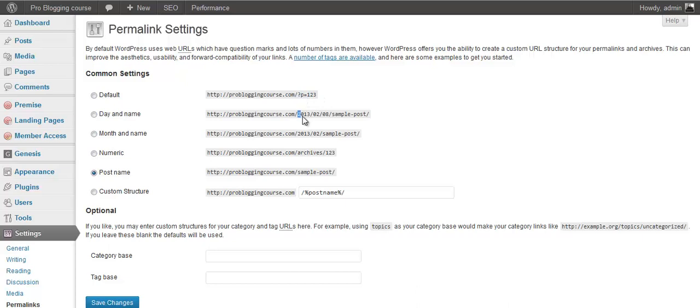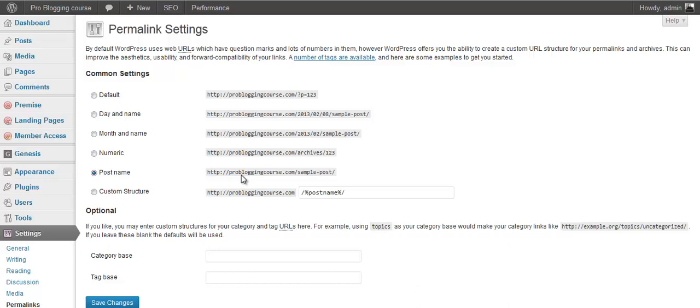Okay, I don't like to have dates. My sample post, well, that would be your post, but including dates, it's just not really good for SEO purposes. The post name, just the sample post, is good enough for me, and I think it's good enough for everybody else,